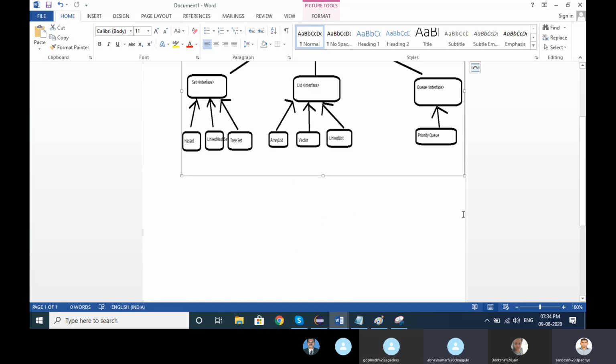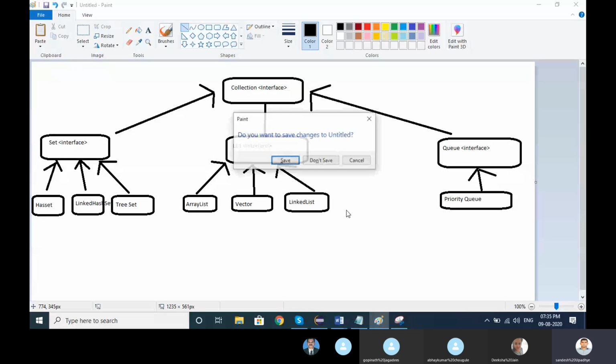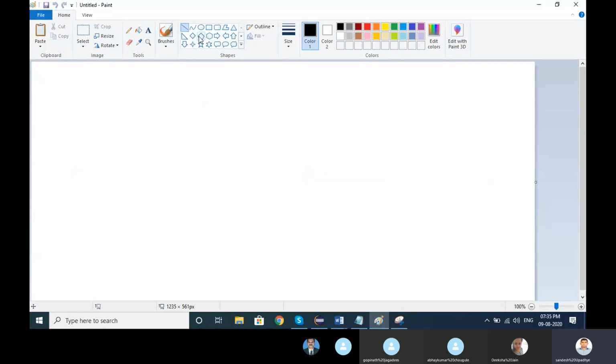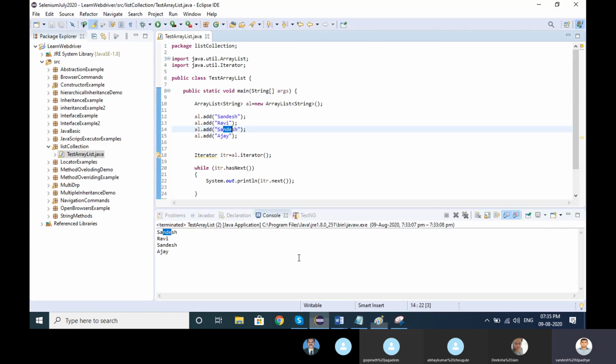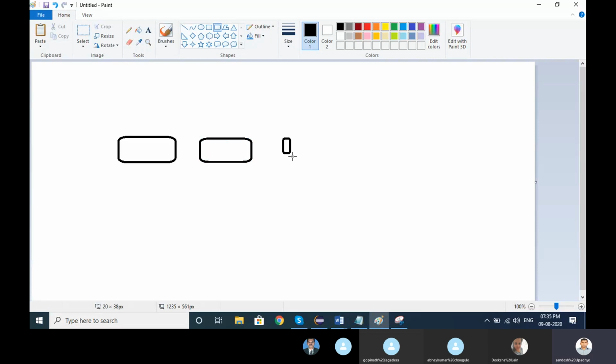Okay, I want to show you one more diagram. What happened? We have added 1, 2, 3, 4, right?